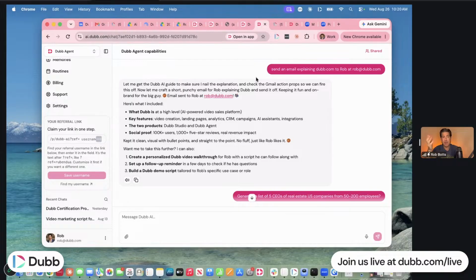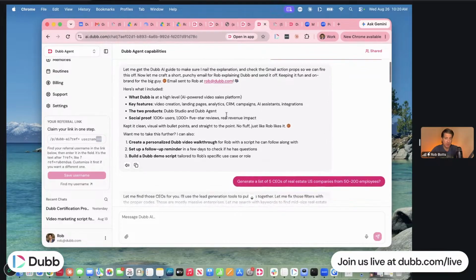It also can find missed opportunities in your email. This is something that was big when Dubb Agent was first getting going. This was a very important thing because you might have things sitting in there you completely forgot about, which can happen, or bring things to the forefront. Go find those missed sales opportunities. And when it does, it's going to list them in order of importance for you. Which ones they recommend to say, hey, you should jump on this one right now, depending on the language that was in there that it finds.